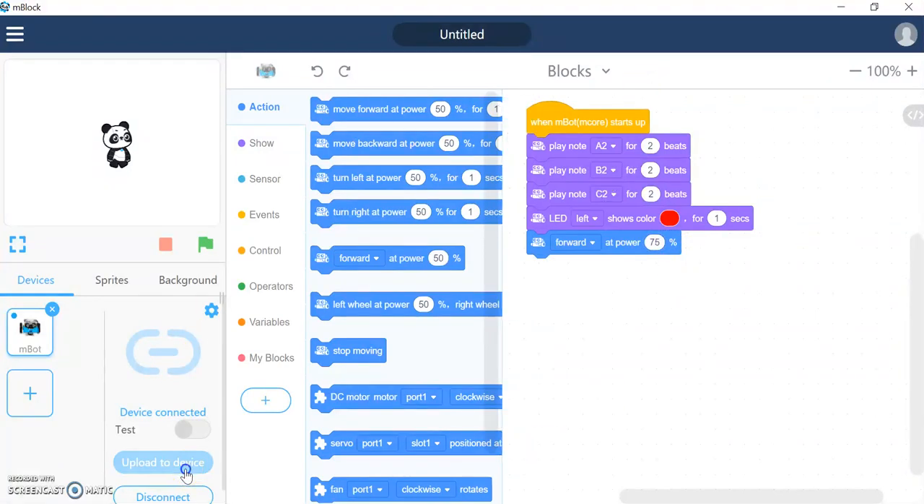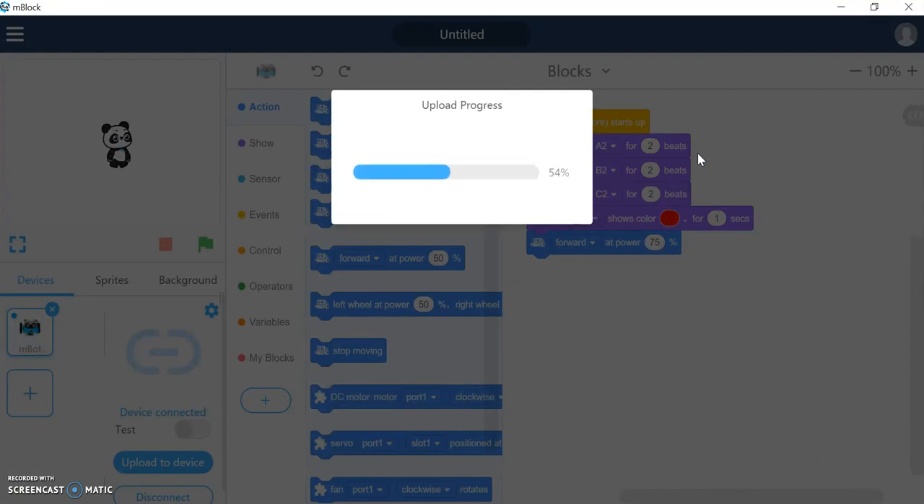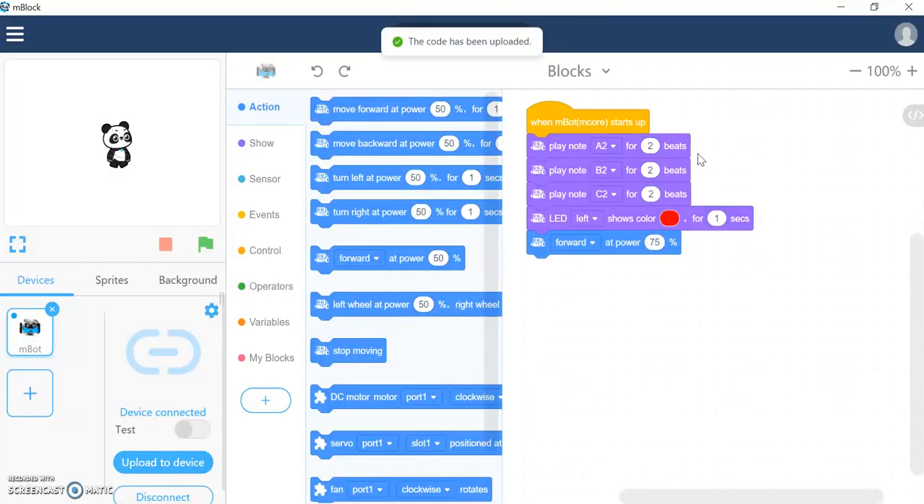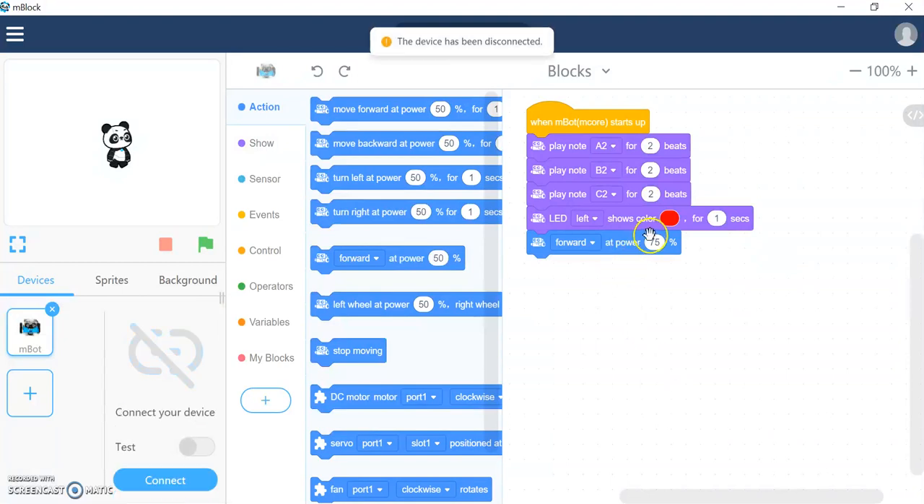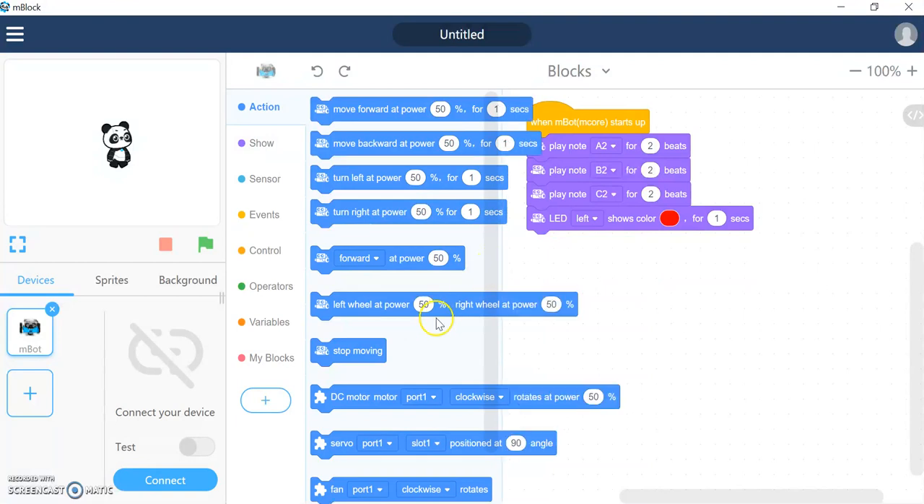So if I upload that to my device, now it's going to play the tune, show the colour, and it's going to move forward at 75%. So you can't actually see it, but that is basically how it works. So maybe you heard that, maybe you didn't, but that's the very basics of the movement. Now the thing about this command in particular, the move forward at 75%, that's just going to keep moving forward. So if you right click that and delete block, you can also